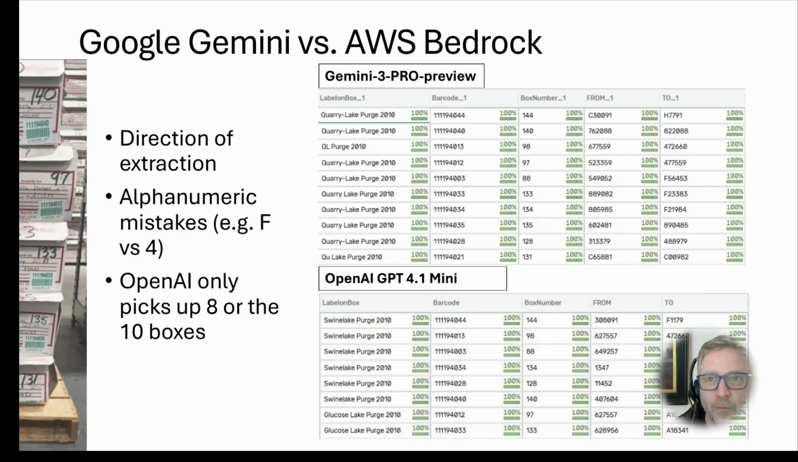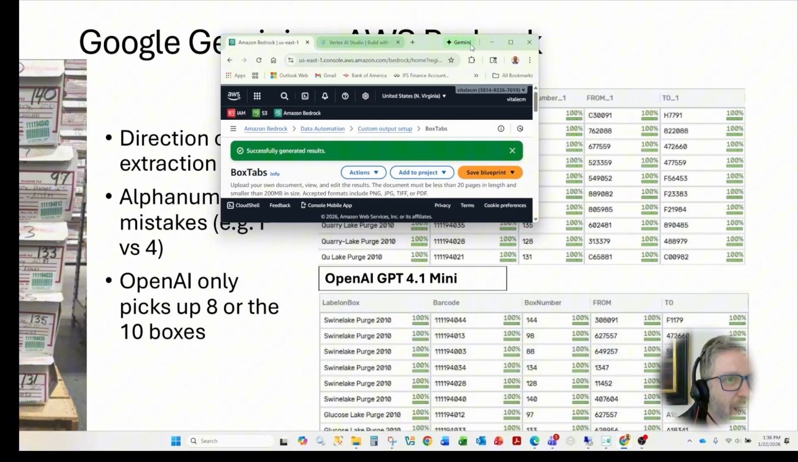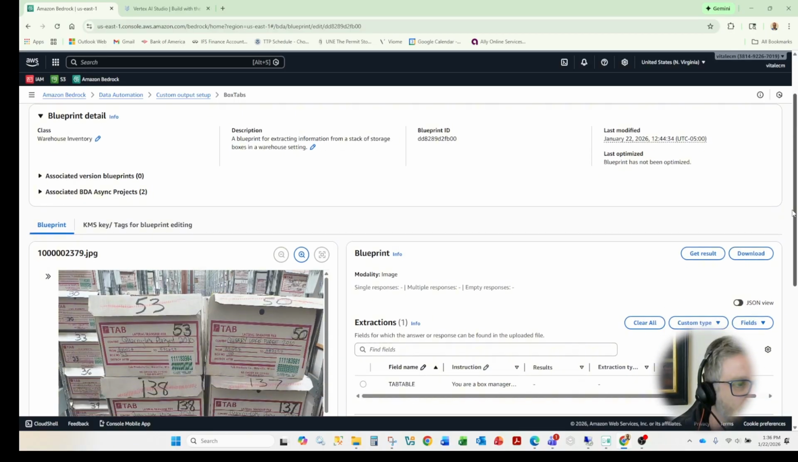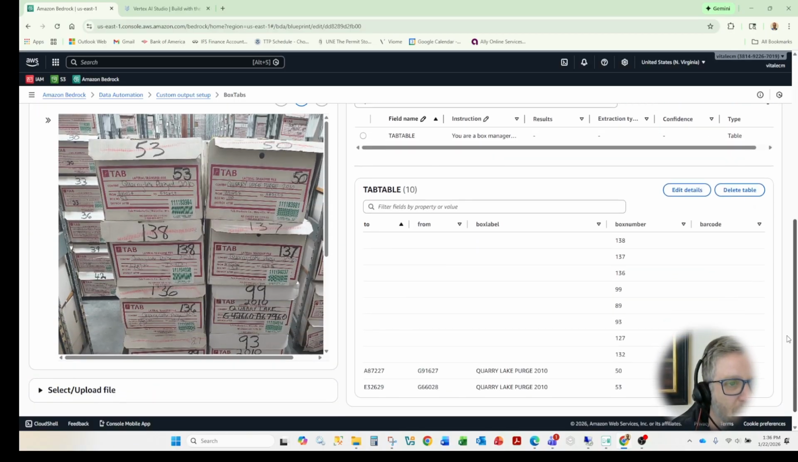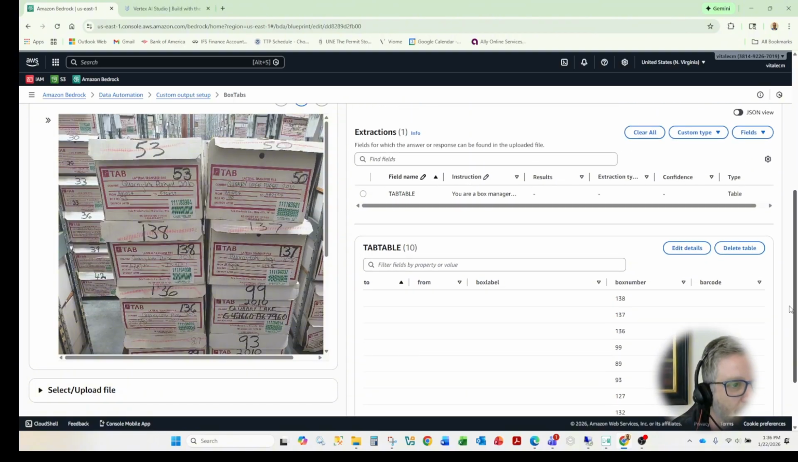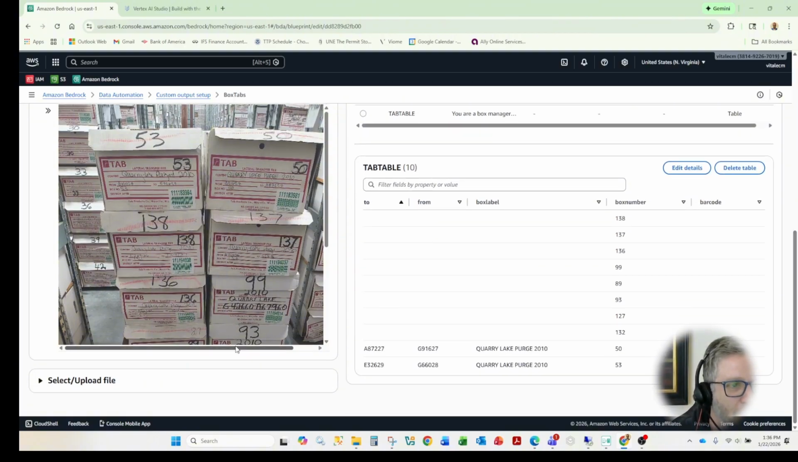Now, if you run these things, so here's the actual back end. So AWS Bedrock Blueprints, and you can see here it didn't do nearly as good a job when there's a lot of noise around the different boxes around the palette that we're trying to extract. You can see it does a good job extracting the particular box numbers in some barcodes, but not all, versus